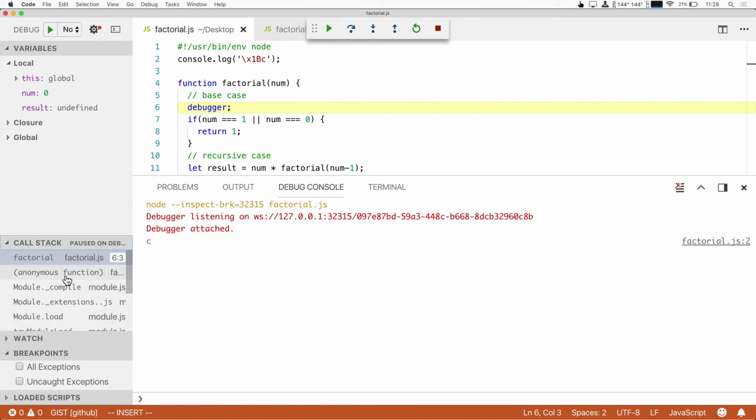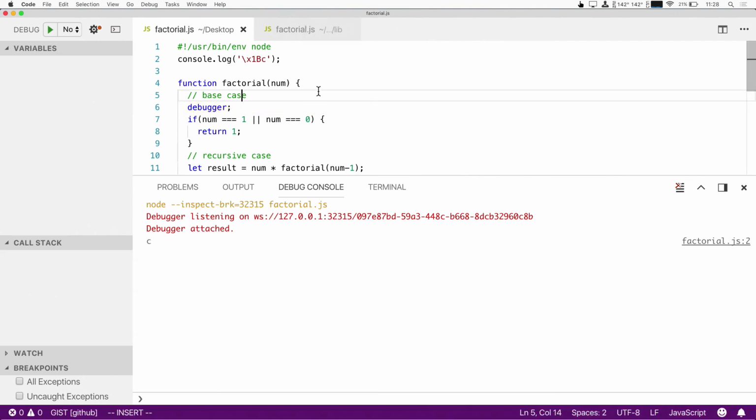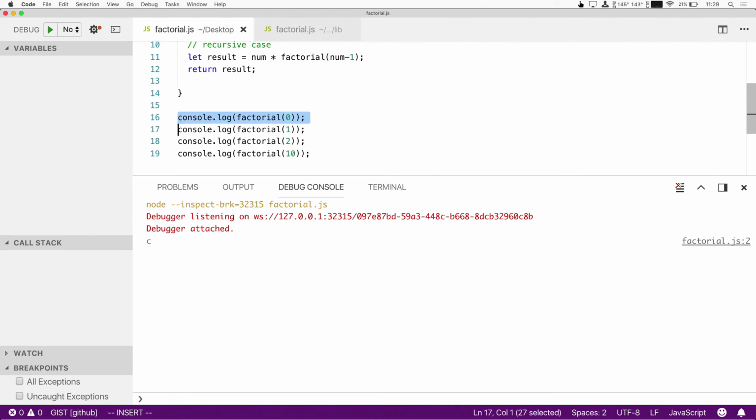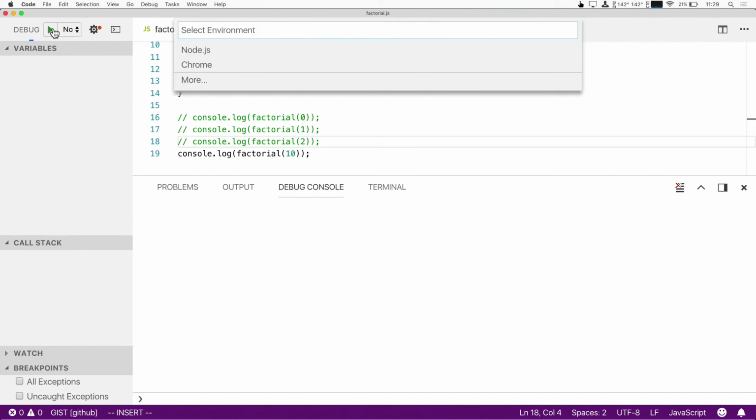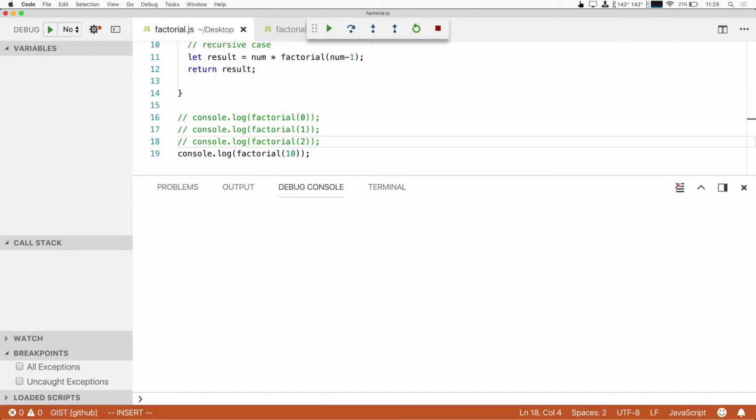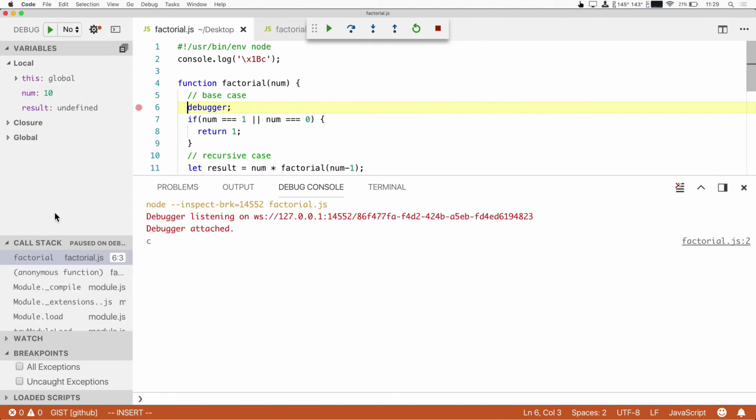All right, so here you can see, let's look at our call stack. This anonymous function is the global scope of this factorial, and then factorial here was called with num 0, so this is our first case. You know what, let me stop this and just call factorial of 10 in Node. So now num is 10, the call stack has just one factorial. Now if I play this,